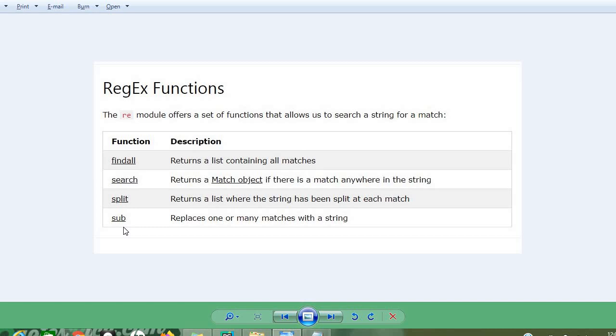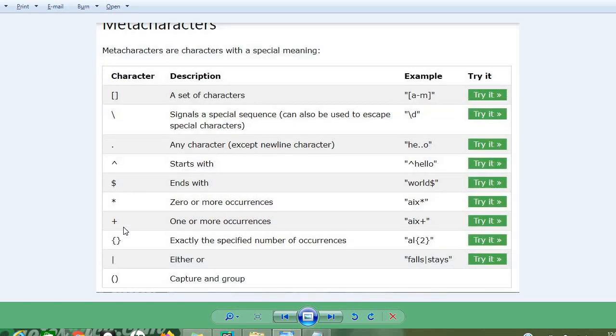Split is used for splitting a string into parts. Substitute, indicated by sub, is used for replacing any match with another string. Apart from these, there are some meta characters that can be used with regular expressions. We will learn the benefit of these meta characters in the practical explanation.